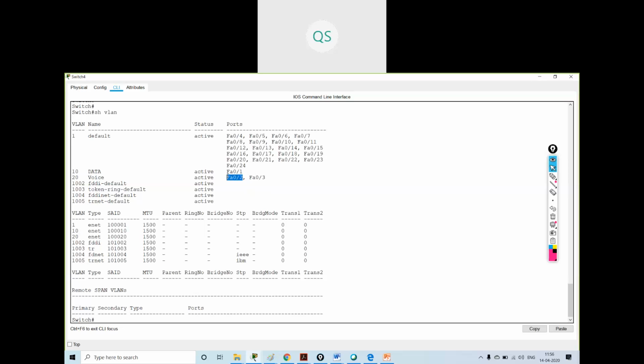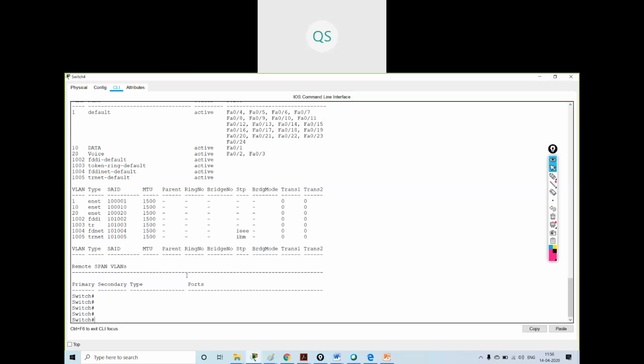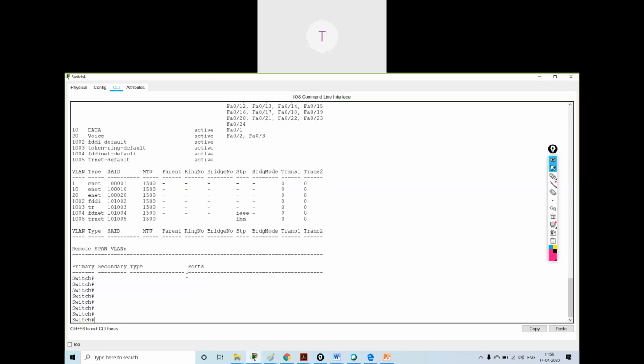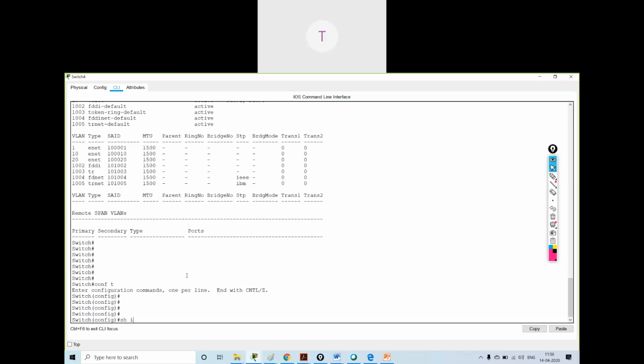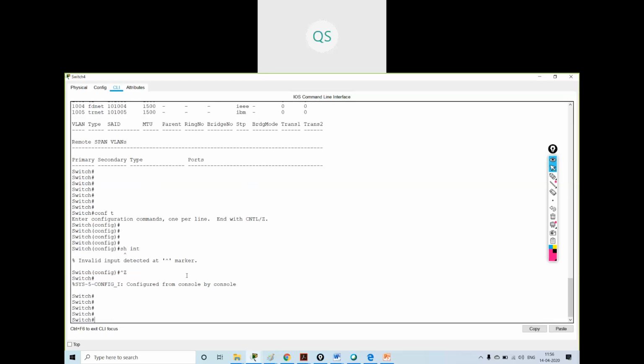So what is the configuration of F0/1 right now? Show interface. Sorry, show interface fast Ethernet 0/1.